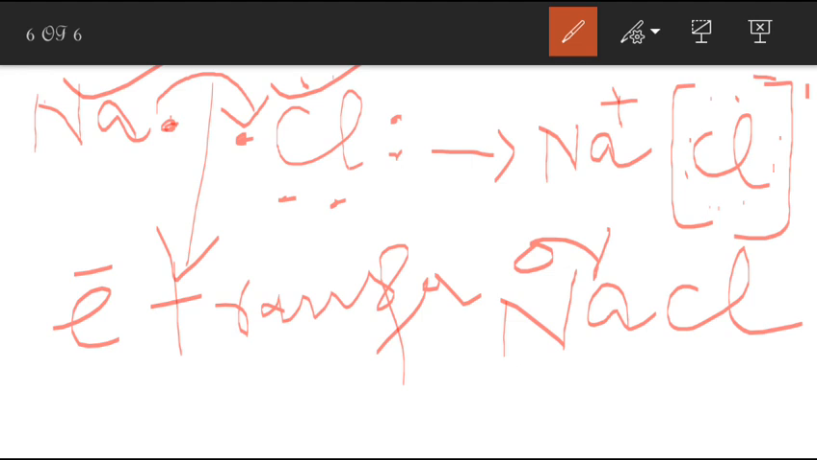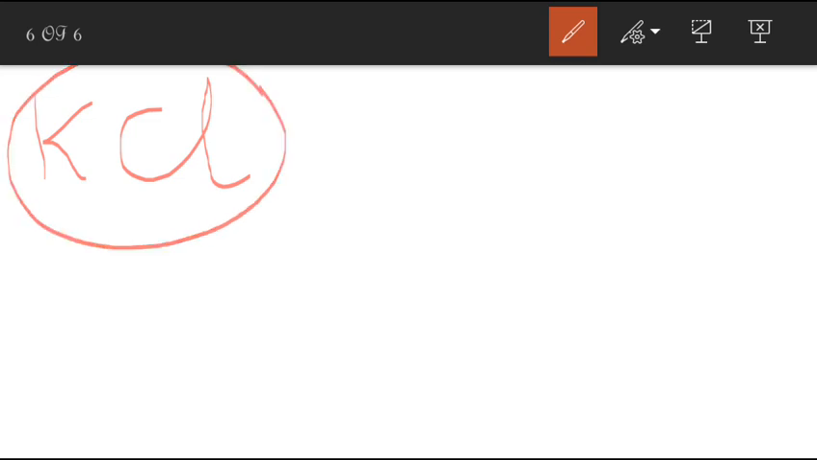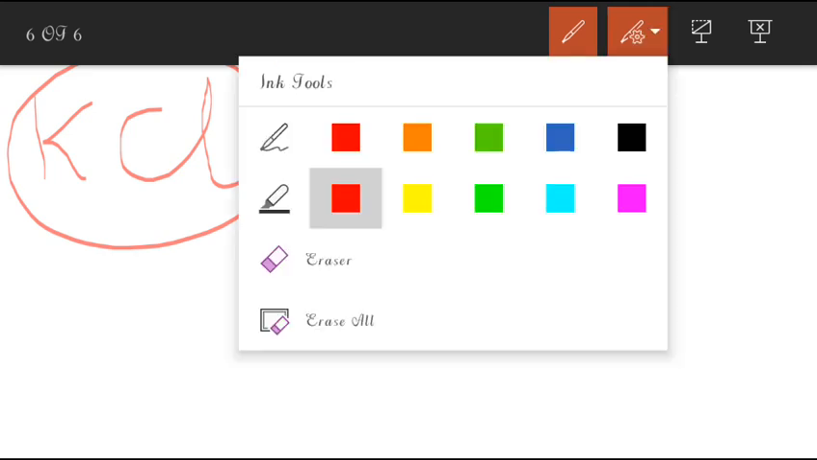So it is an ionic compound. Sodium chloride contains an ionic bond, or they are linked by electrostatic force of attraction, which is the strongest force of attraction between atoms. This is the formation of NaCl. In the same way, formation of KCl takes place. You will practice it. Now I will show you a second example, formation of